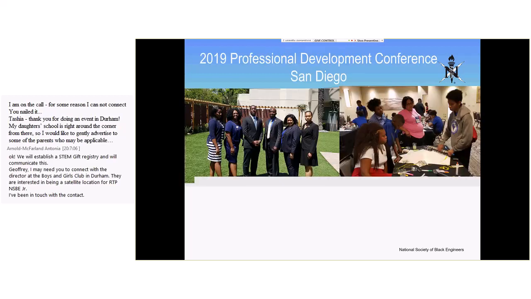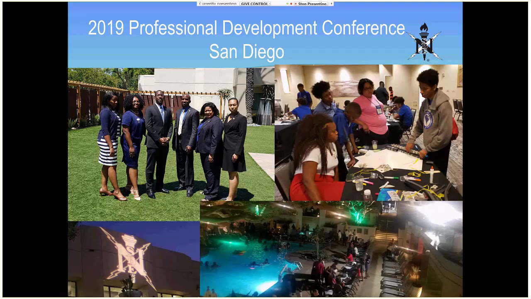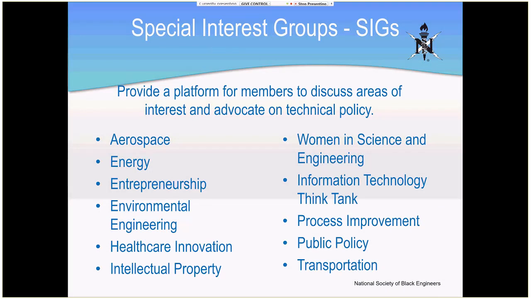So here are just some pictures from our last professional development conference. There are people from the top left is people from Research Triangle Professionals. We have also a volunteer event where we helped students learn more about engineering. And then at the bottom is our fun event. We had a pool party that night. So we have some of everything: networking, fun, learning. And the next one will be in Miami, so I'm sure that one's going to be a whole lot of fun. This was mentioned before. So I'm going on to the next slide.